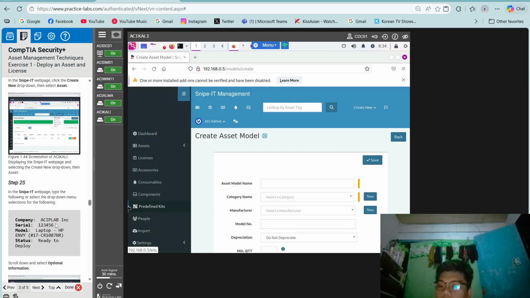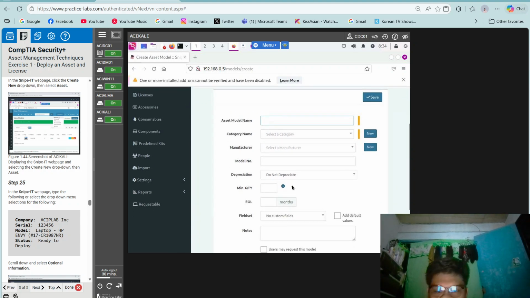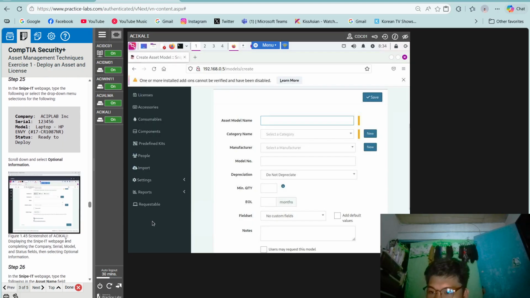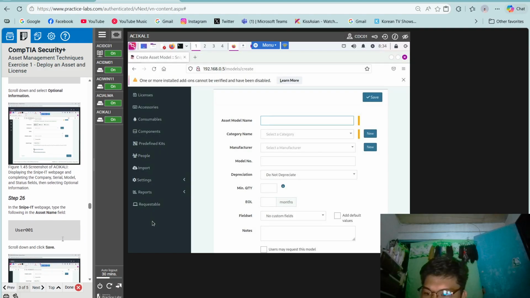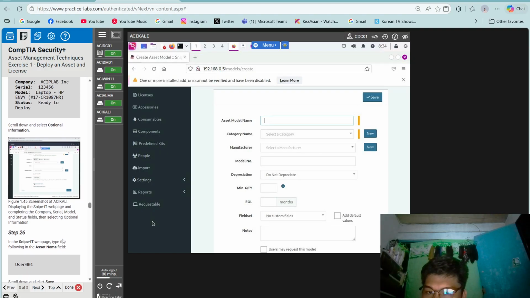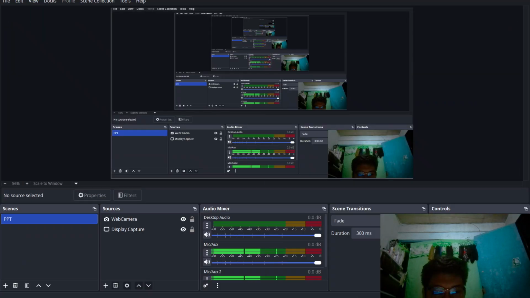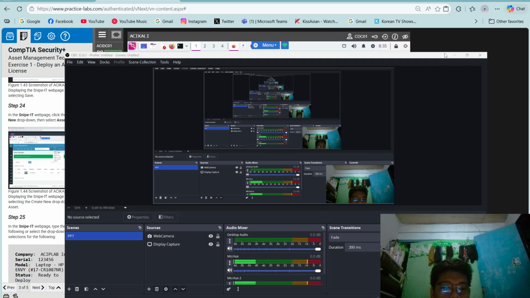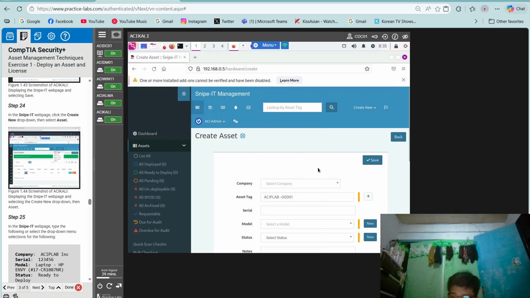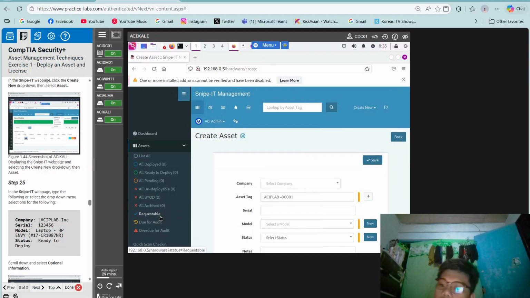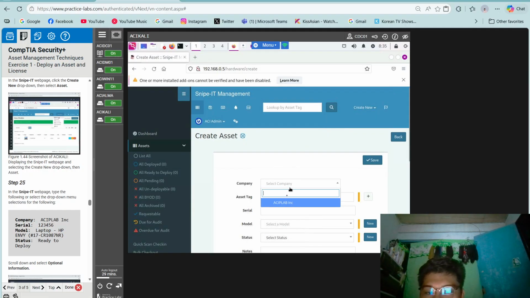So step 25, once you have selected asset, type the following or select the drop down menu selections for the following. So company, ACIP Lab Inc., serial 123456,